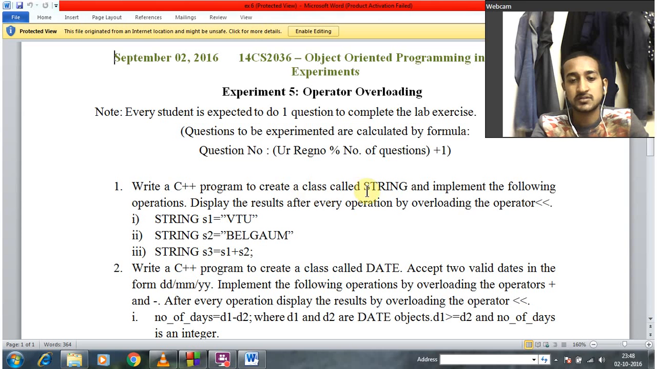So we'll be doing overloading with the requirements of this question, which is here. In this question we have to overload the plus operator and the extraction operator with the cout statement. So, going with the program,